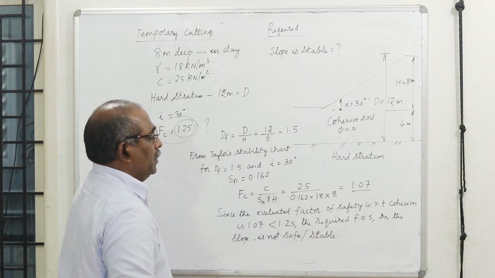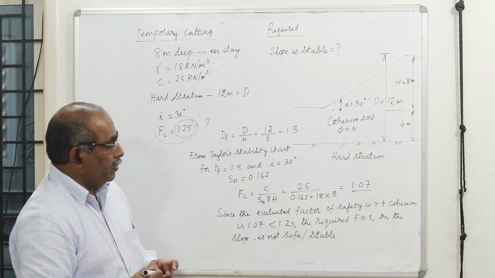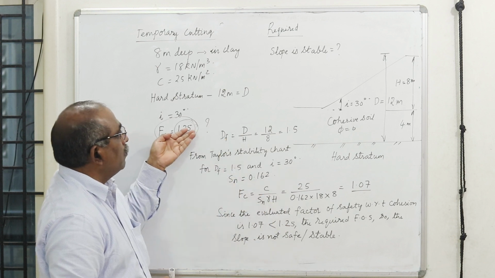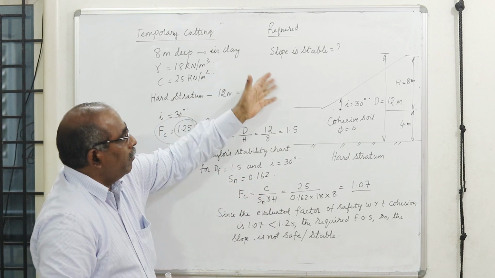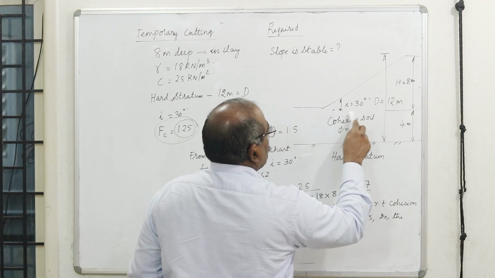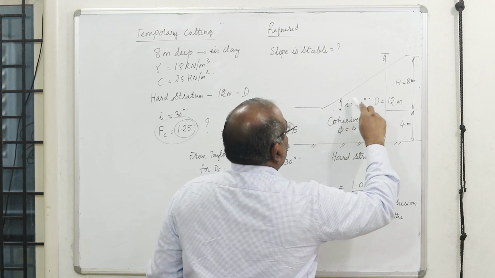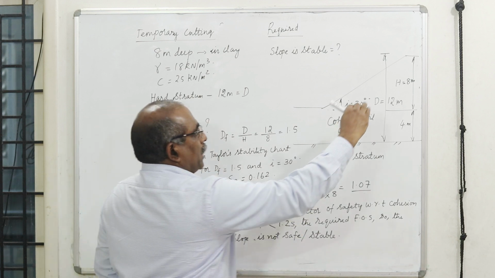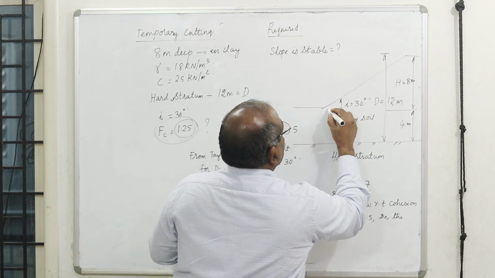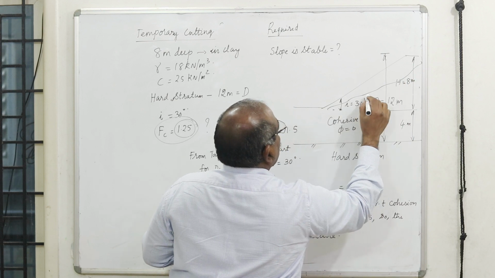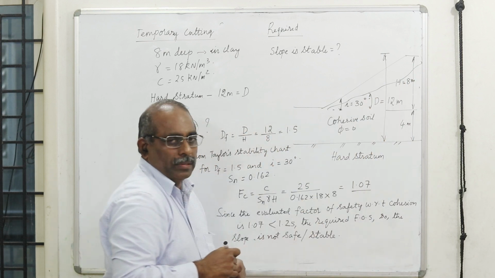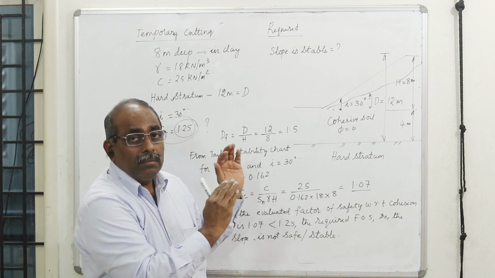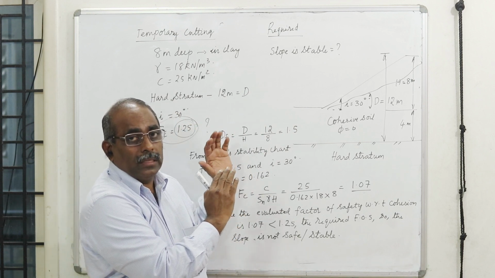Let's say temporary excavation, even for a temporary excavation, the prescribed value of 1.25 is required, otherwise it is going to fall in time. Therefore, it is not going to maintain the slope, it is going to become still more flat, it is going to collapse. If it is going to slide, it is going to slope like this and become a still flatter slope. That is what is going to happen. Therefore, it is going to come into your excavation. So, this is the mechanics, this is the practicality.